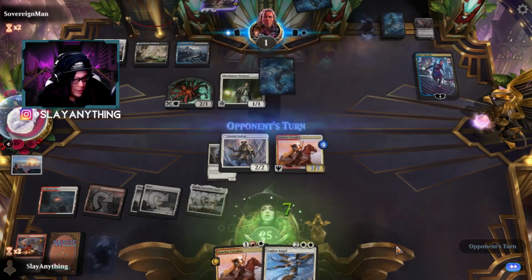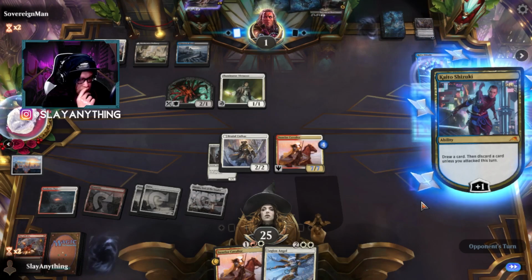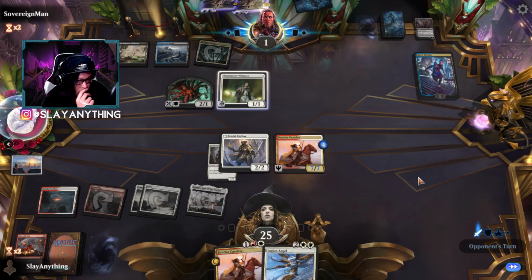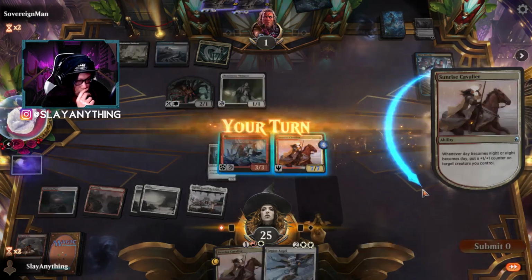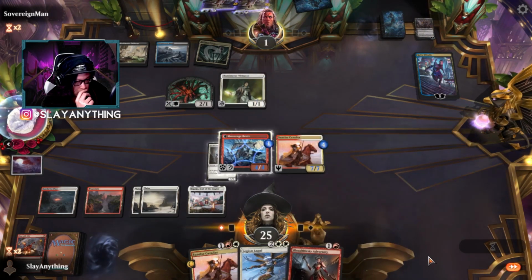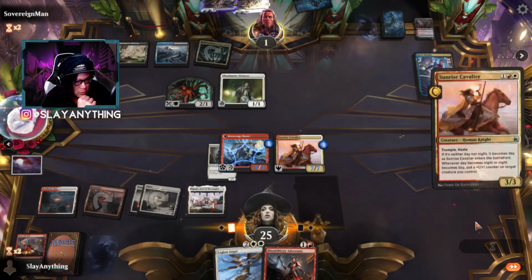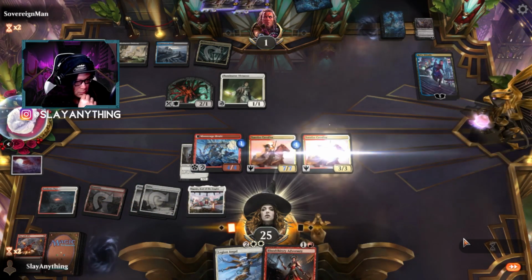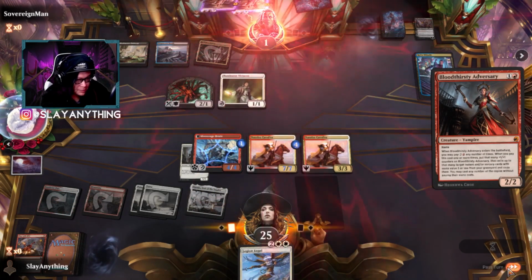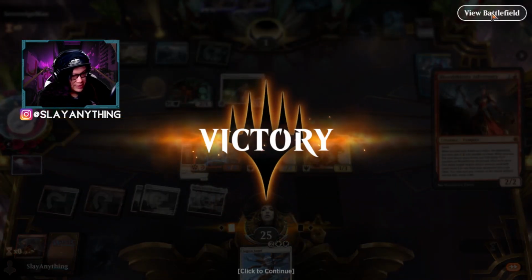Opponent's down to 1. Draw a card. Sunrise. Bloodthirsty. And swing it for lethal. Yes. Let's go. You know, I've been playing a little bit of Standard just to kind of get a